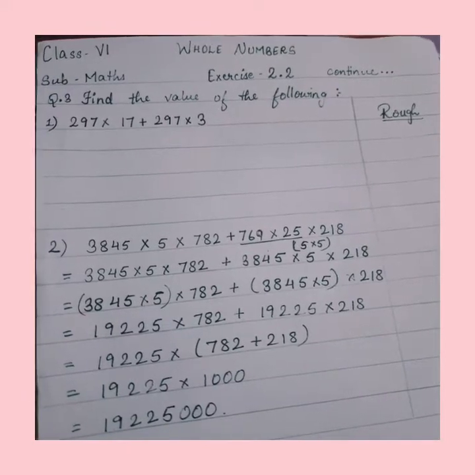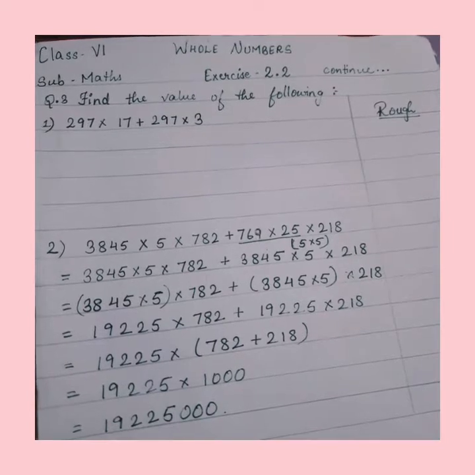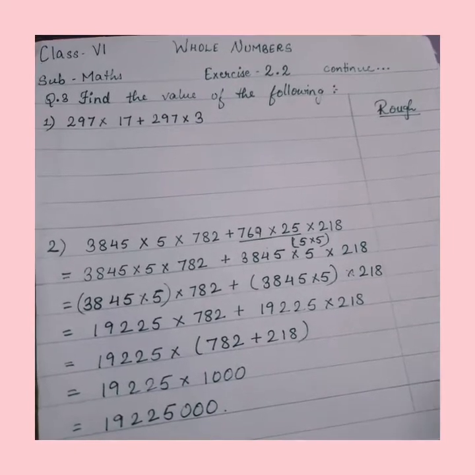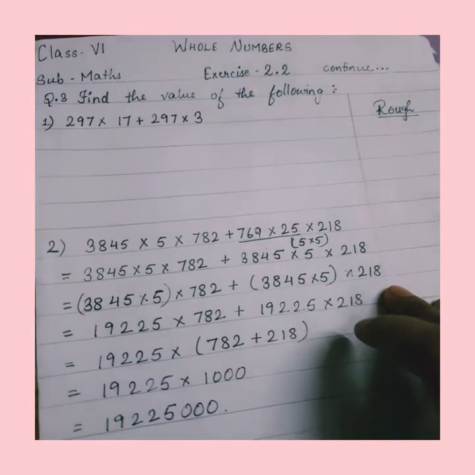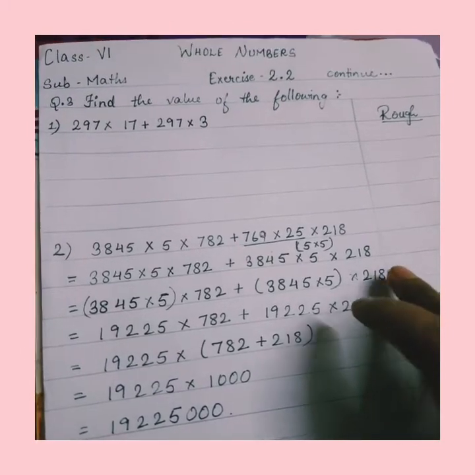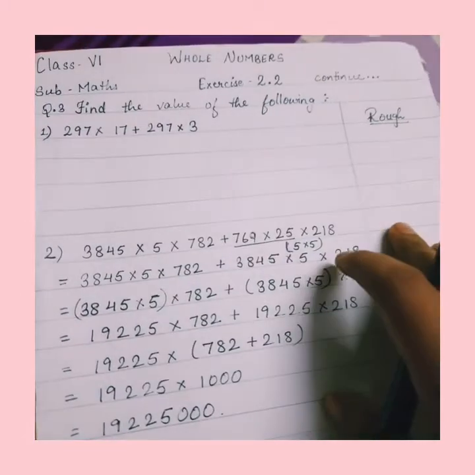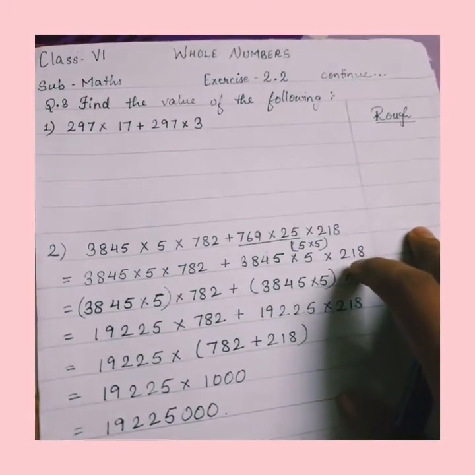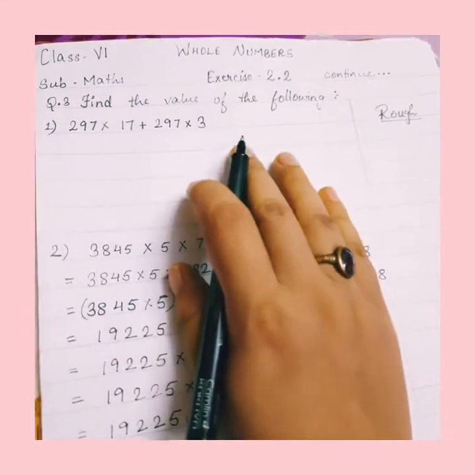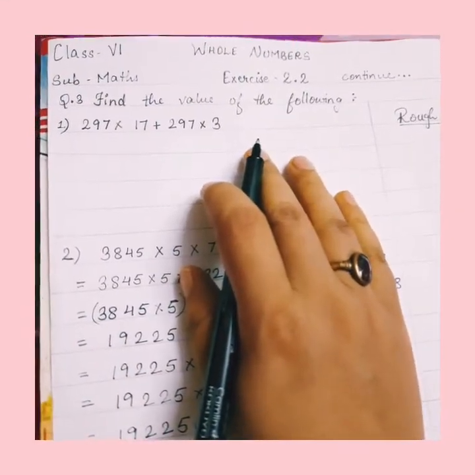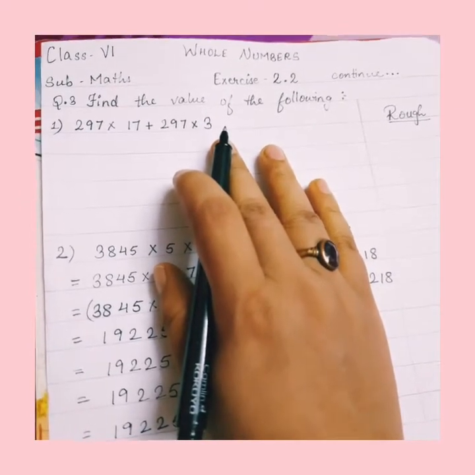Good morning, students. We have already started exercise 2.2 in our previous class and we have done a few questions in that. And as I told you, from this exercise onwards, we have to make a rough column on the right hand side. So you can see I have already prepared it. And from this exercise, that is 2.2, question 3, we are going to do, that is find the value of